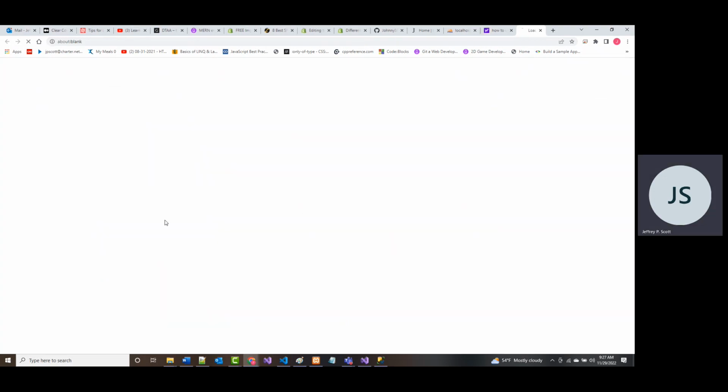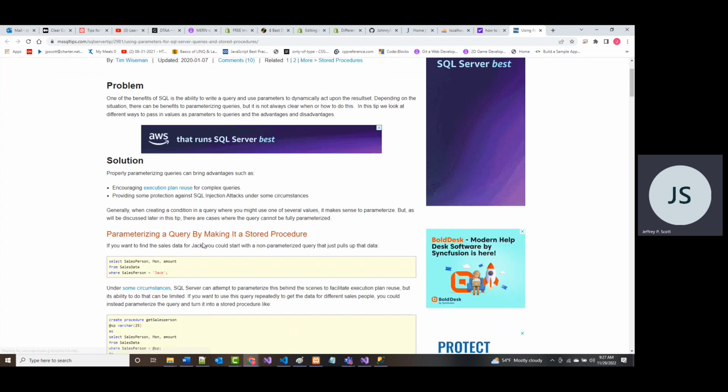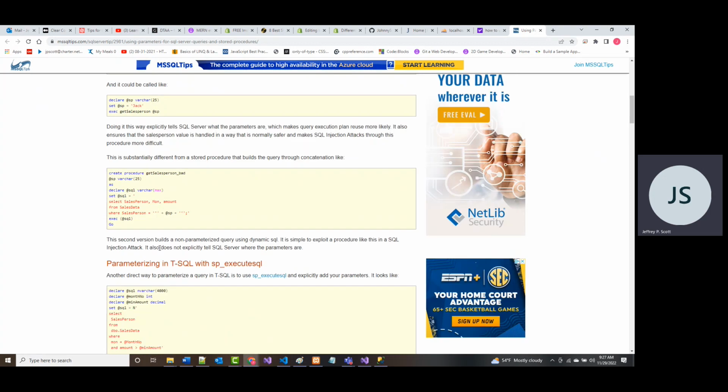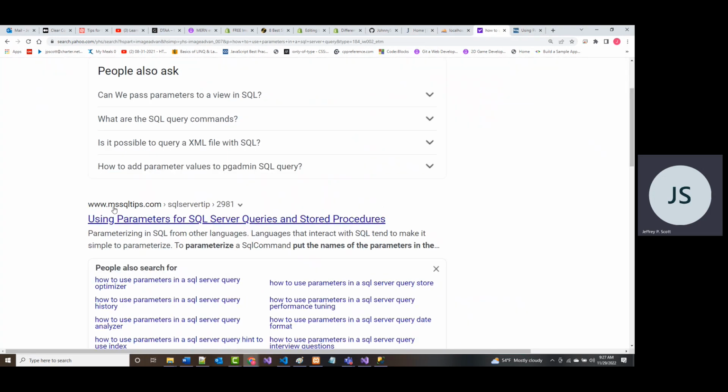Some of it you won't even understand because they talk about stored procedures and stuff we just have no time to talk about. But one of these articles, I think it was one from the Microsoft documentation, was pretty good.